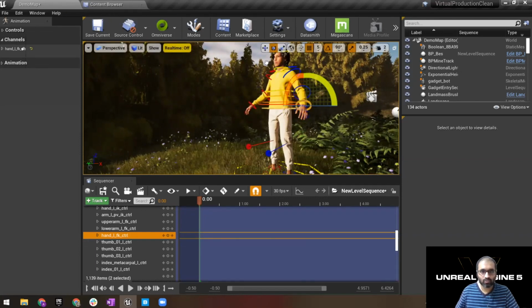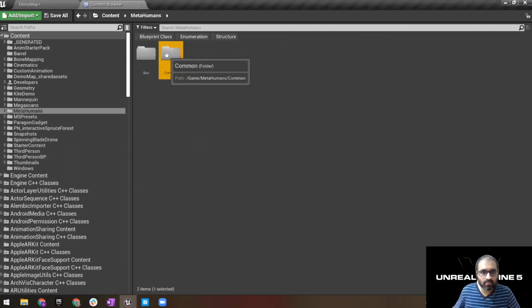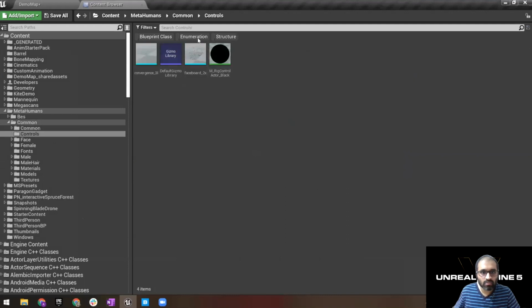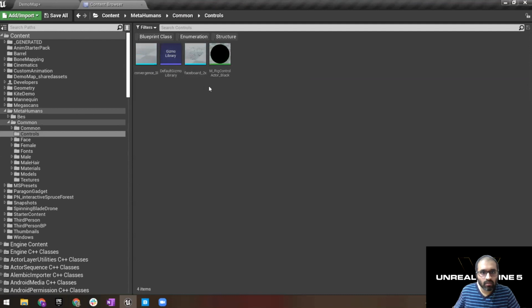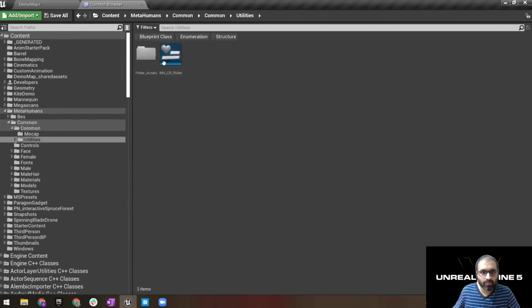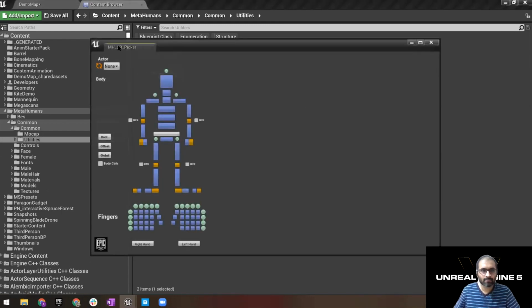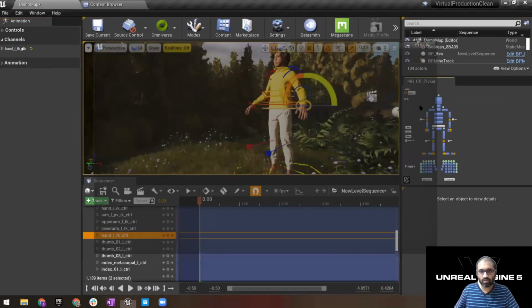There's actually a little known thing in here which not a lot of people know about, which is if I go under MetaHumans, common controls, utilities, and if I run this, you have this very nifty little tool that I can dock.